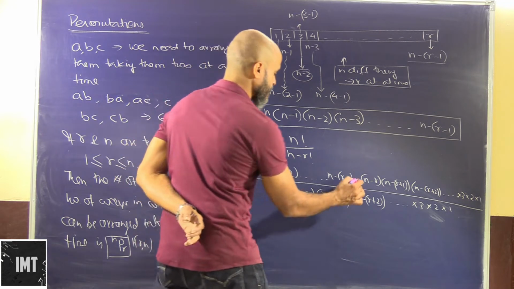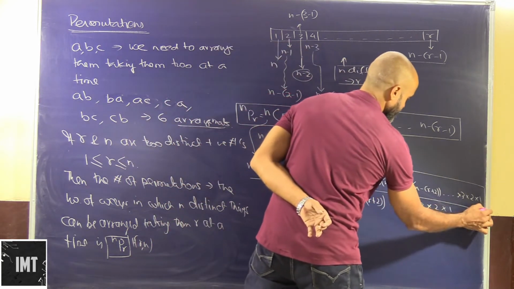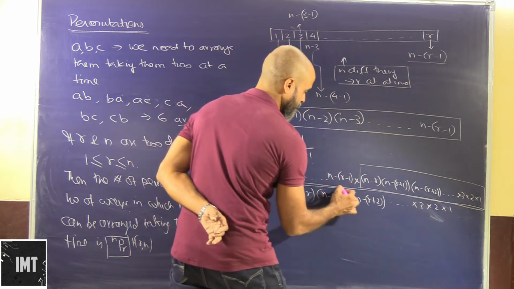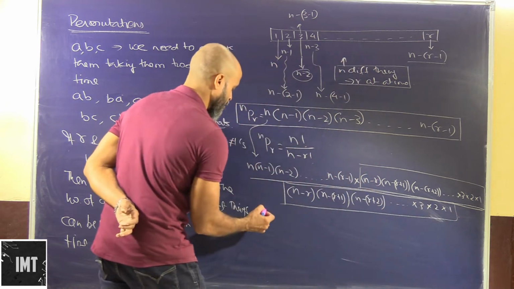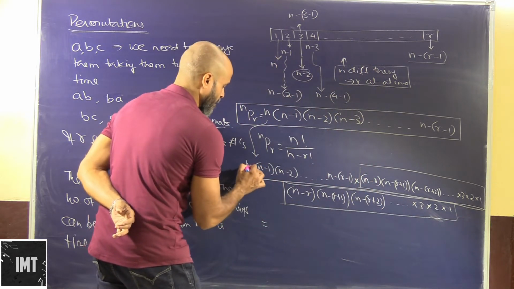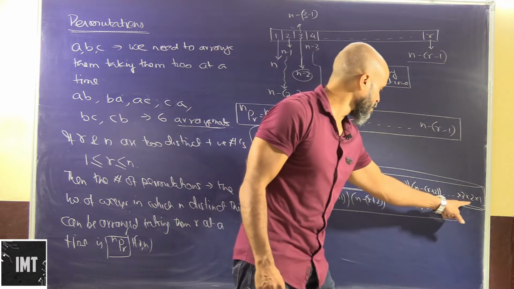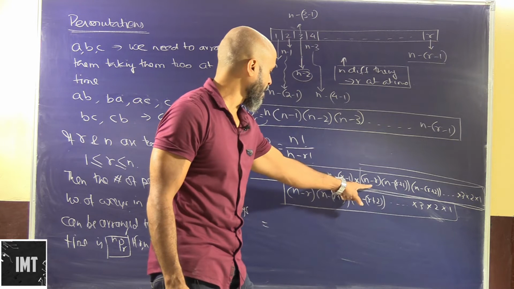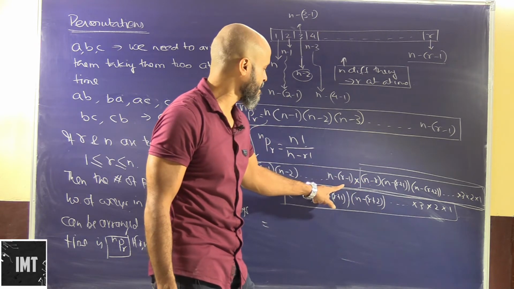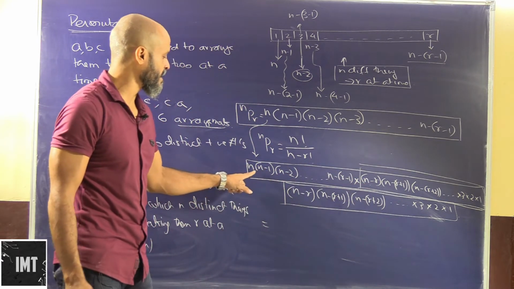So in this case, see, this part and this part are similar, so we can put it across as, from here till this, 1, 2, 3 and n minus r, then after n minus r we will obviously have n minus r minus 1 till n minus 2, n minus 1 till n.